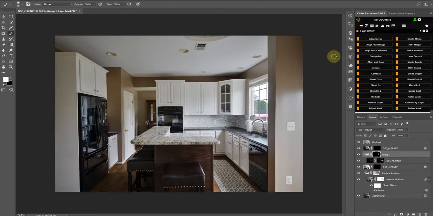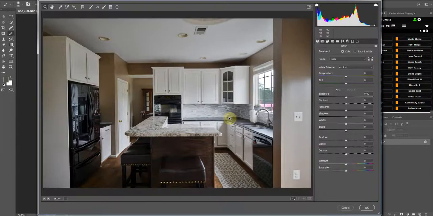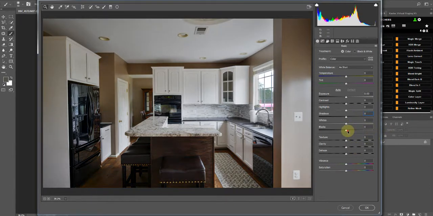And now we can flatten our layers and then do some Camera Raw. So Control Shift A, or if you're on a Mac, it's Command Shift A. So lighten shadows. Let's lighten shadows. I feel like lightening shadows kind of forces that shadow up there if you go too far, and it looks like you forced it. So maybe like blacks,